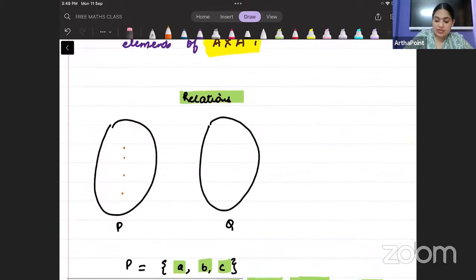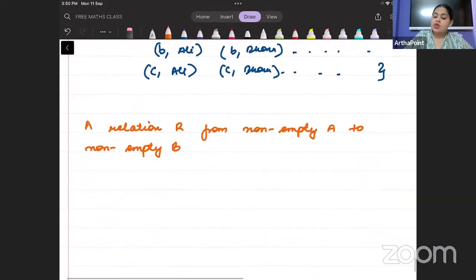It should have some elements. The other set B should also have some elements. It should not be empty. So a relation R from non-empty set A to non-empty set B is a subset of the Cartesian product